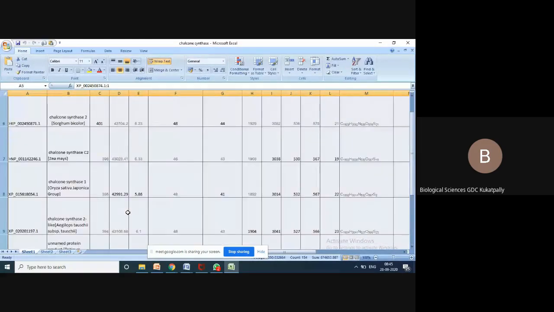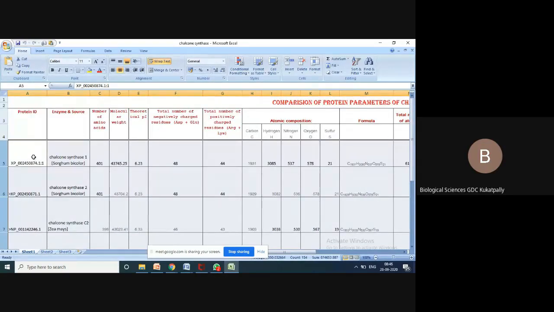Can you see this? Are you able to see this Excel sheet? Yes, ma'am. Yeah, so I will give you a protein with protein ID and sequence. Then you will be predicting all the parameters, right? So this is the table you are supposed to prepare actually.